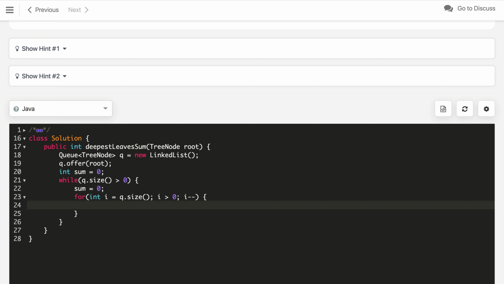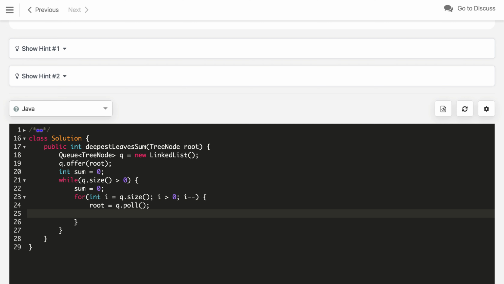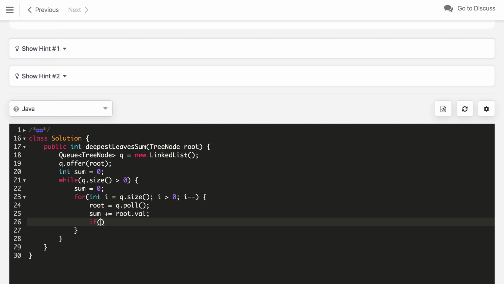So we first get the node: root is equal to q dot poll. We poll the first and then update sum equal to sum plus root dot val, and also check if root dot left is not null, then add it into the queue.